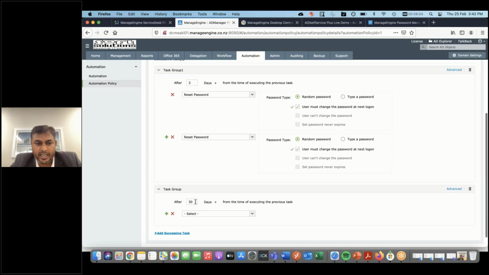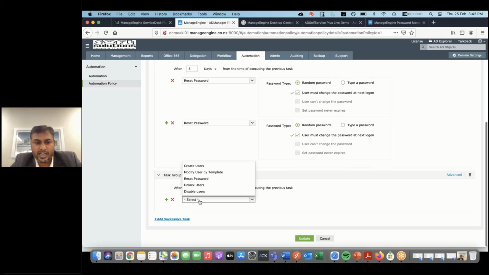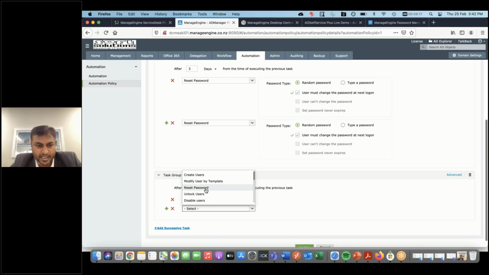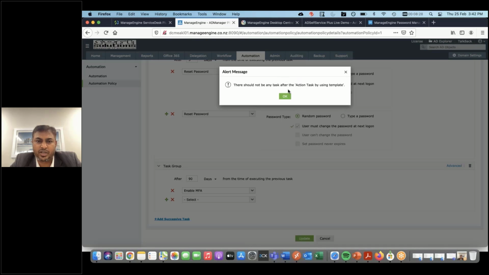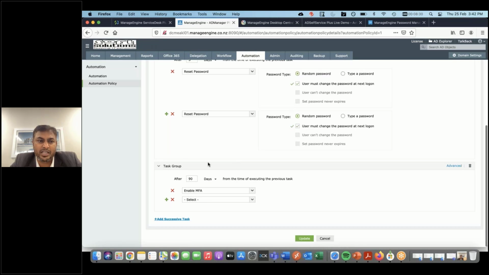So after 3 days, it can be 30-day. After 30 days, we can do XYZ. After 90 days, we can do XYZ. So assign license after the 90 days. So he becomes a permanent employee. I'm enabling MFA. And after 90 days, I'm also assigning license. So those sort of details, we can set it up and then click on update. And we have an ability to select this policy during the automation. So once it's updated,